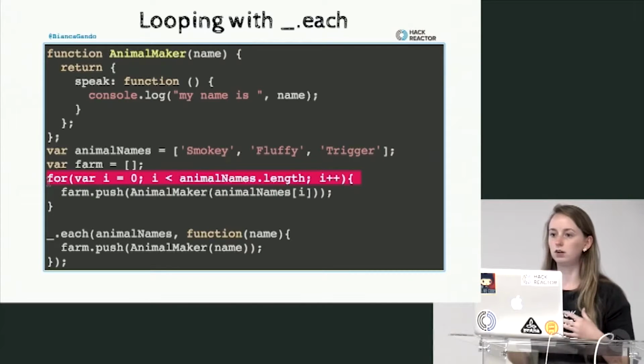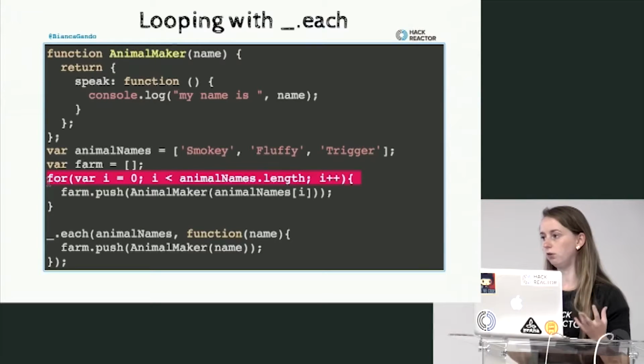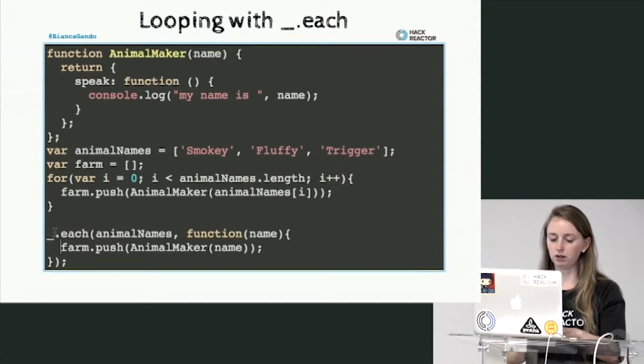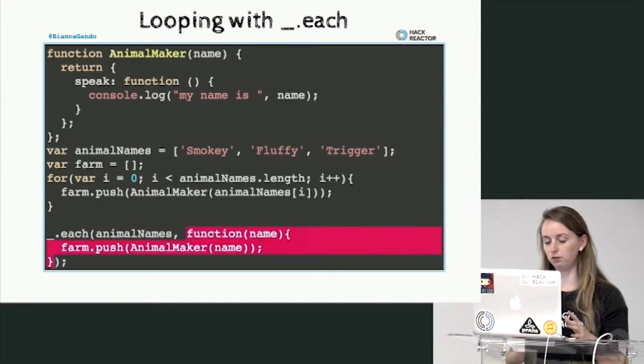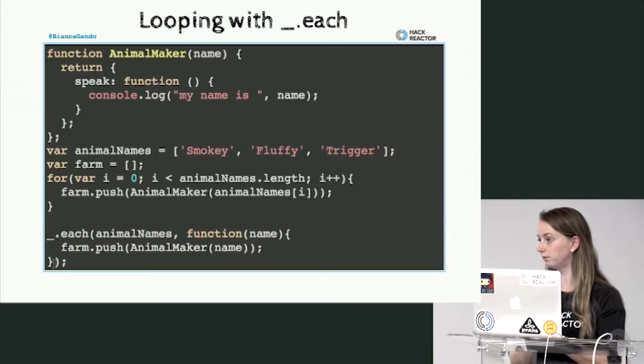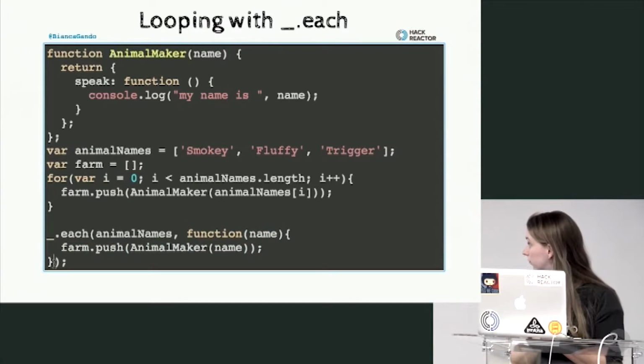And it also leaves a lot of room for human error, like off by 1, or you put a comma instead of a semicolon where you're supposed to. So with each, it really simplifies that, where you only have to pay attention to the data, the function which you want to run, and the functionality. So in the underscore each part,